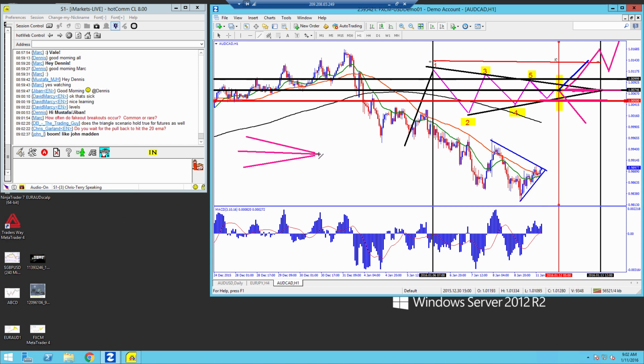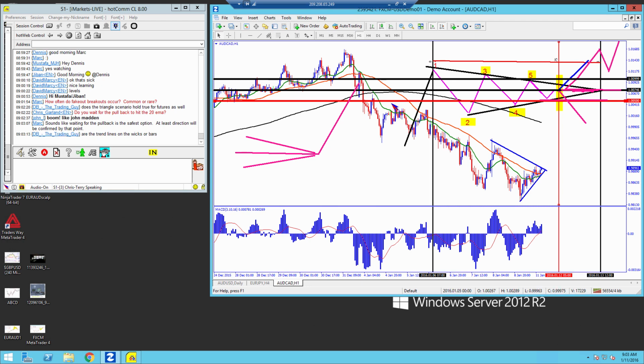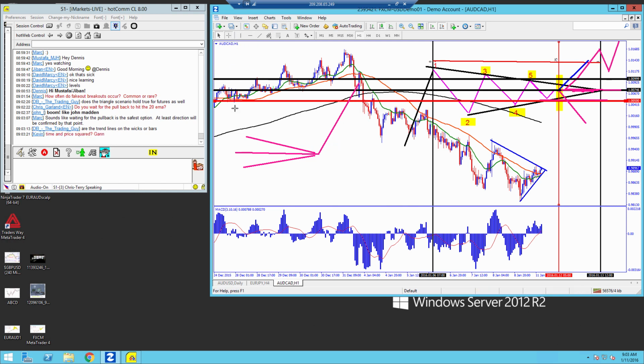So the longer the line, the longer the flight. Now, a lot of people try to look at measured moves off of a triangle. But when you're coming out of a sideways line, a consolidation, when they break out,